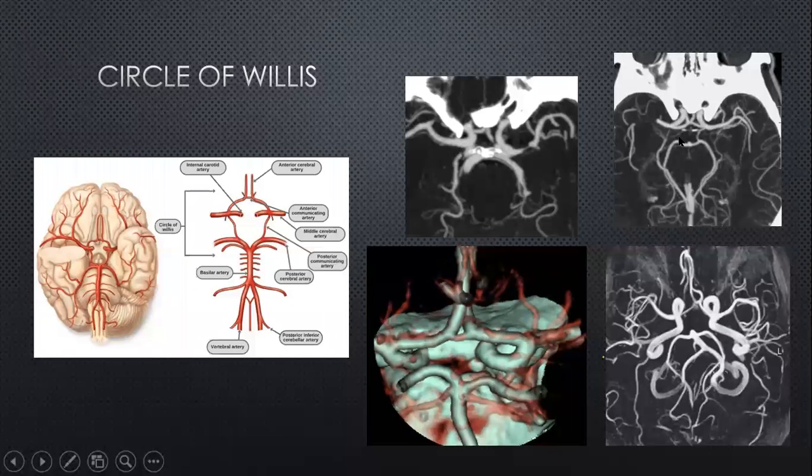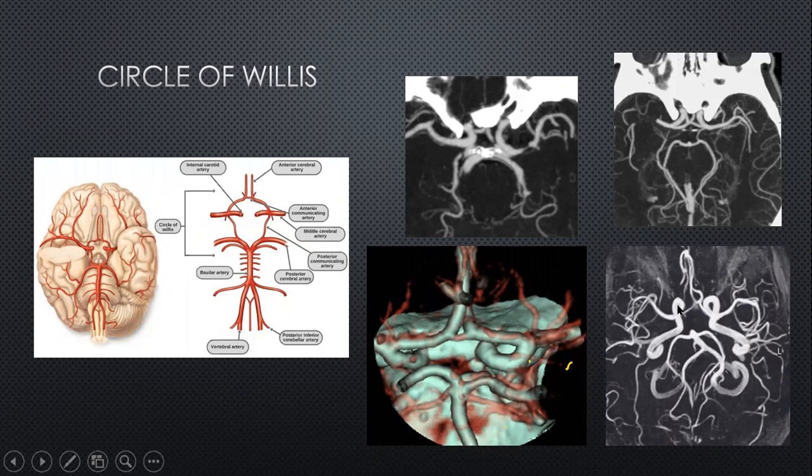And here is an incomplete circle of Willis. These are the two carotid arteries on each side, medial to the clinoid process. This is the MCA. This is the ACA coming here. And this is the communicating segment, ACOM segment over here. And this is the left PCOM, which is communicating with the left posterior cerebral artery. And you can see how the circle is incomplete because there is no right PCOM on this side. And you can see how the right P1 is slightly bigger as compared to the left P1 because the right P1 has to supply the PCA territory because it does not have the PCOM to do that job.